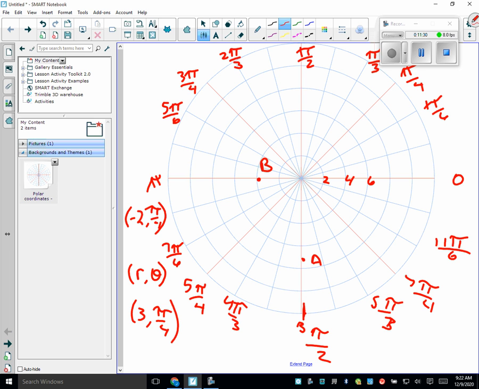Wait, so how many problems do we graph on one graph? One. But it's like number 5 has A, B, C, D. Oh, okay. I got it now. So number 5 on one graph, there'll be 4 points. Okay. All right. So we don't use